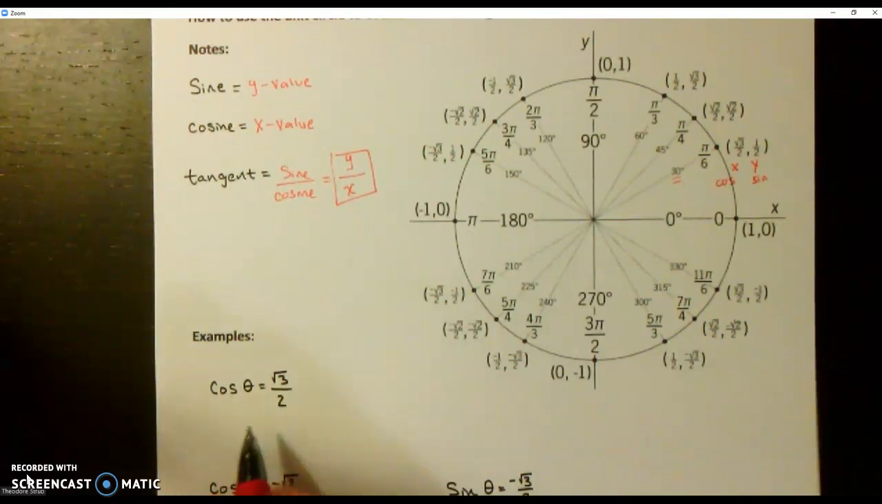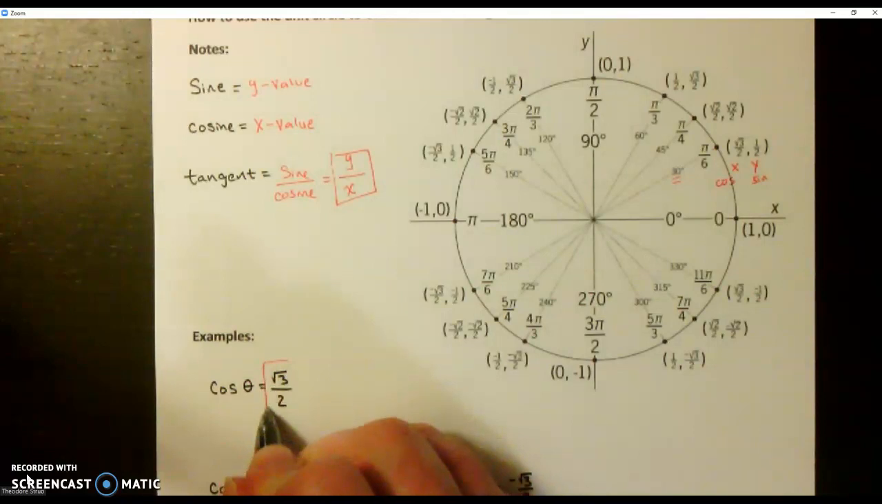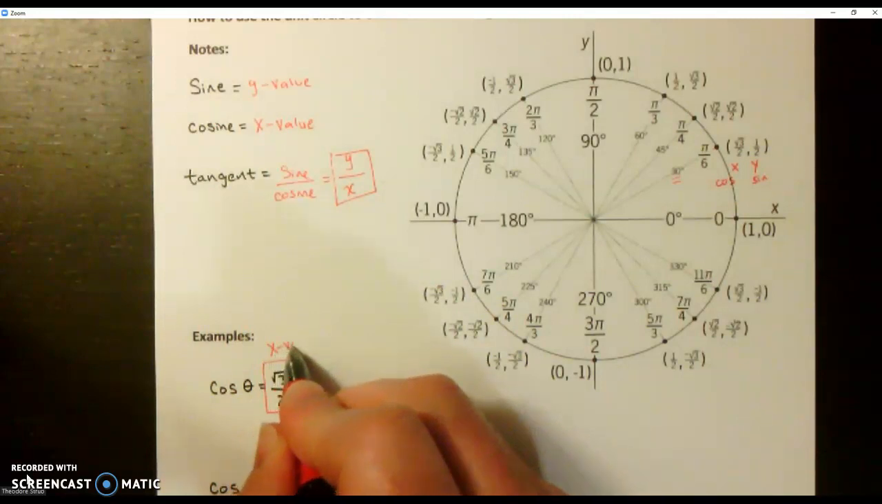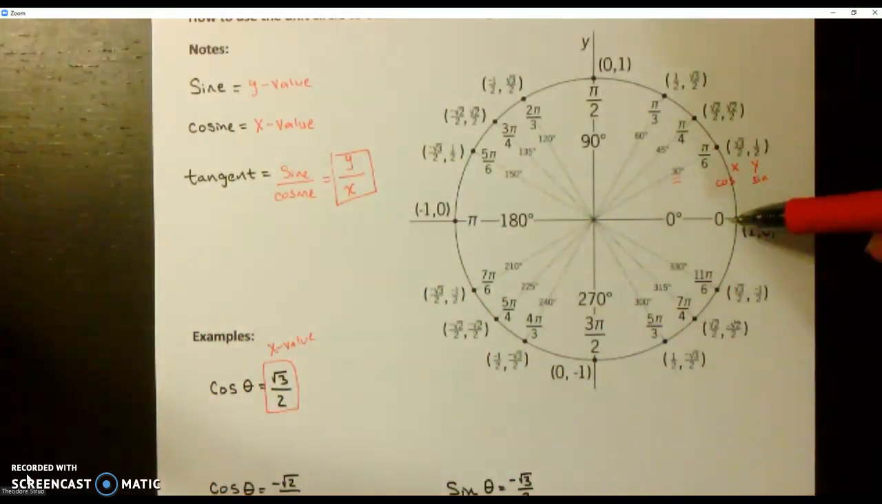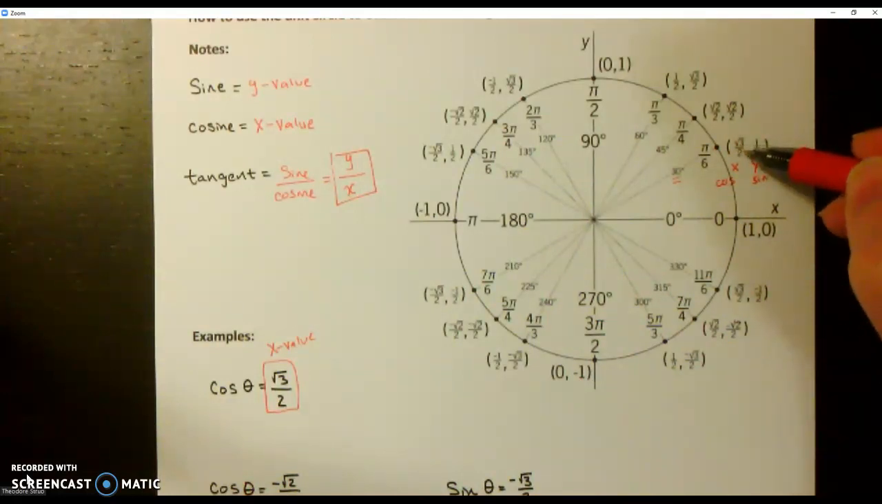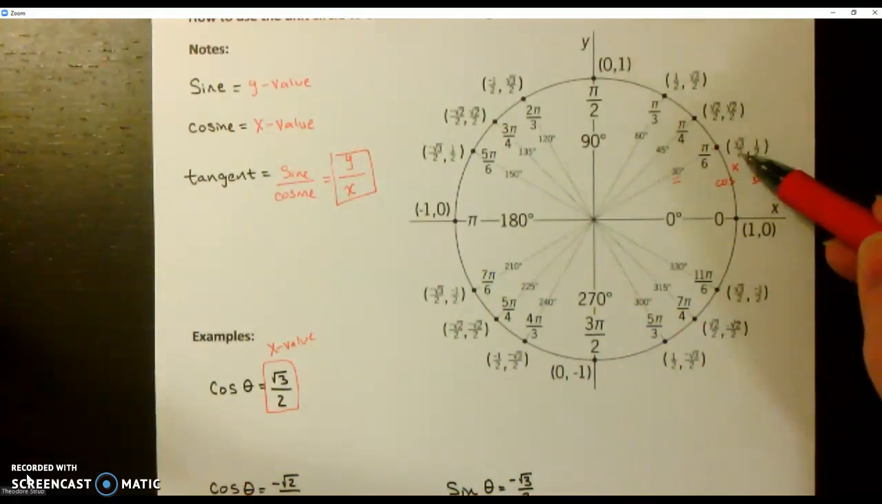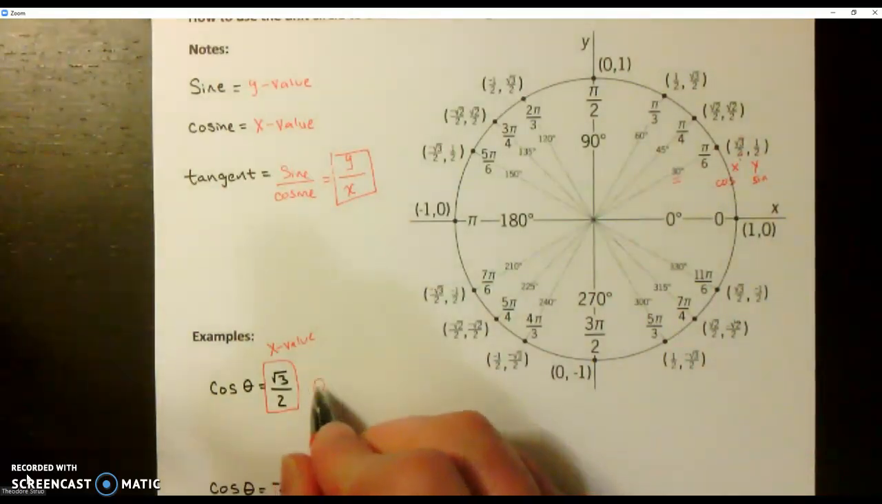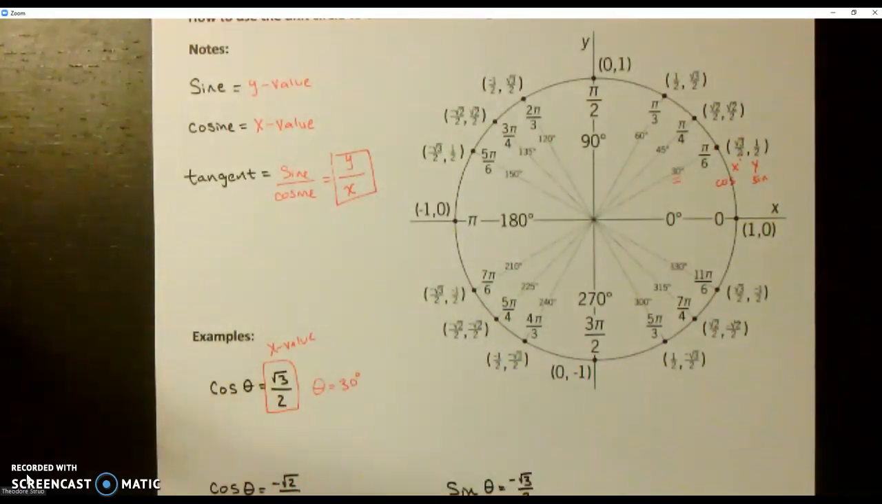If I want to find the cosine of theta is equal to square root of 3 over 2, another way to ask this is, what angle measure gives me the ratio of square root of 3 over 2? Well, what we're really looking for is, what is cosine? Cosine is the x value. So I'm going to search around the unit circle, and I'm going to look for when the x value of the point is square root 3 over 2. And if I look at it, the x value here is square root 3 over 2, which is 30 degrees or pi over 6. So one of the answers is